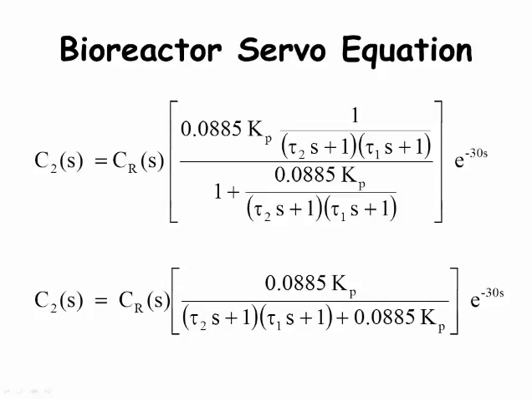To make things easier to see, let's look at the servo and regulator equations separately. To add the time delay, we multiply the transfer function by e to the minus td times s. The term is at the far right. In this case, td is 30 seconds. So the value becomes e to the minus 30 times s. Please note that the s in the expression is a Laplace domain s. It is not s, the abbreviation for seconds, even though the units for the value of 30 is seconds. The second equation is the result when we put in some of the data values.